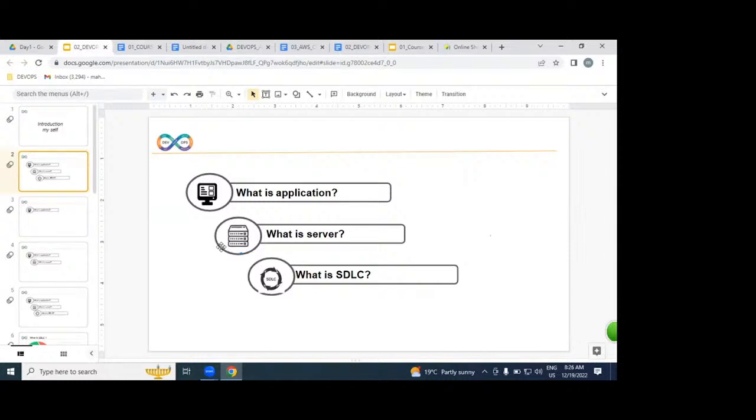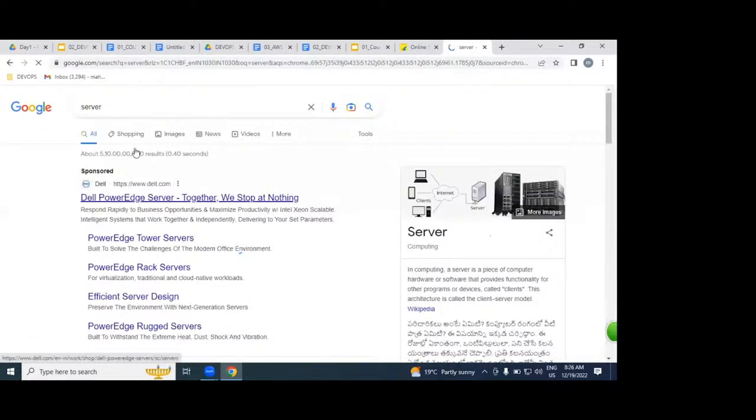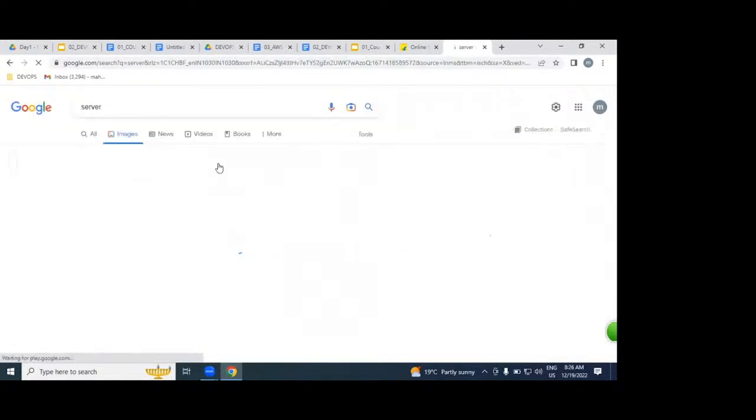So let me repeat one more time. What is an application, please? The working software which is written in any programming language we call as an application. Am I right or wrong? Have you heard about Java developers, .NET developers or not? After writing the lines of code, which you are calling a software, the software is going to be placed on the server side.